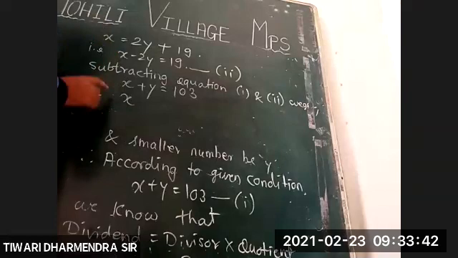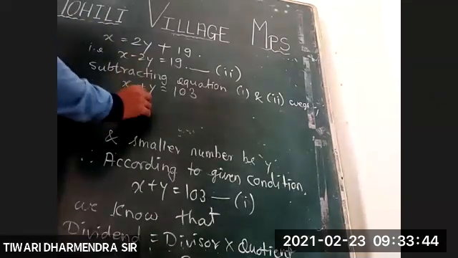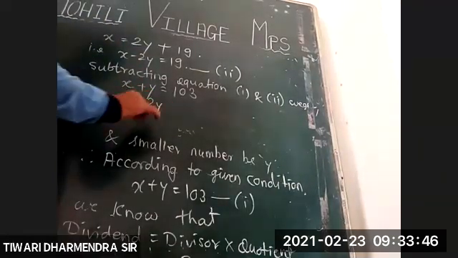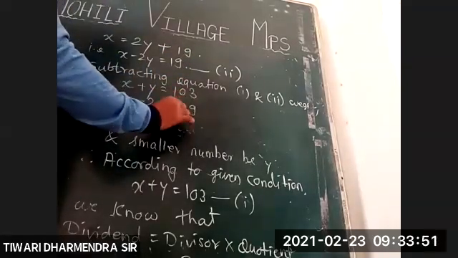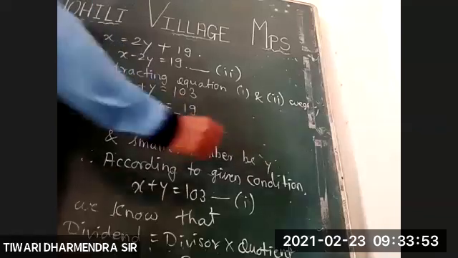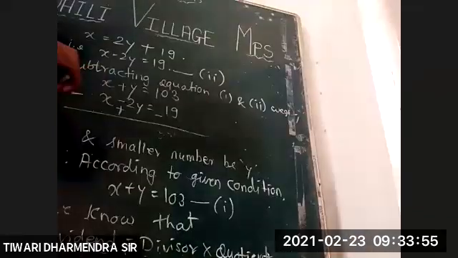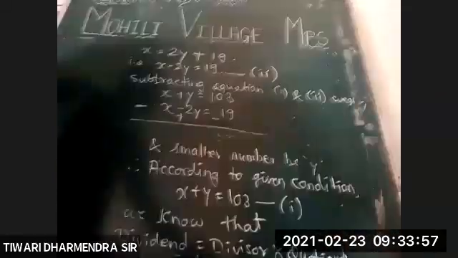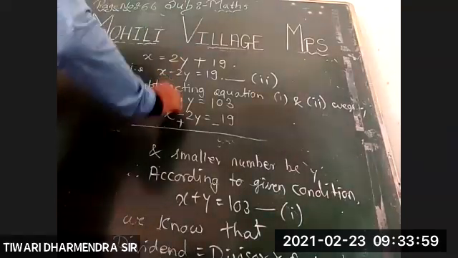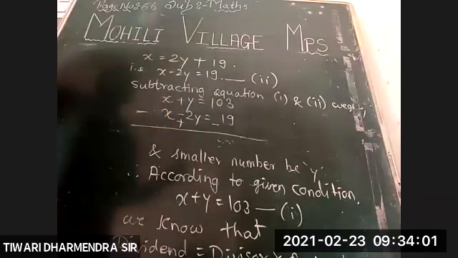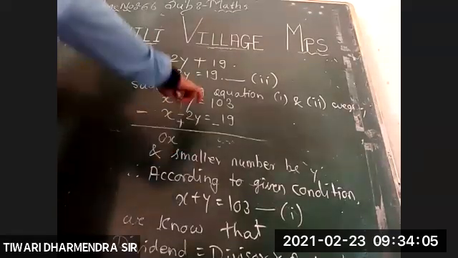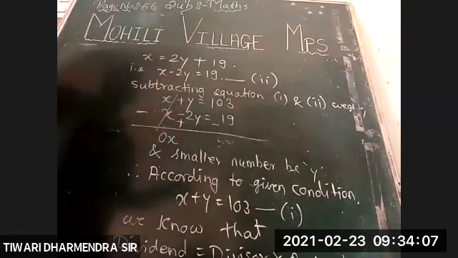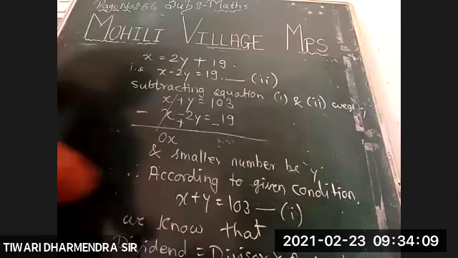So plus will become minus, minus will become plus, and plus will become again minus. Terms with opposite sign get cancelled. So here we are having 0x, it gets cancelled. 2y plus y is